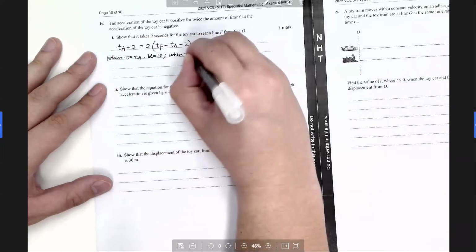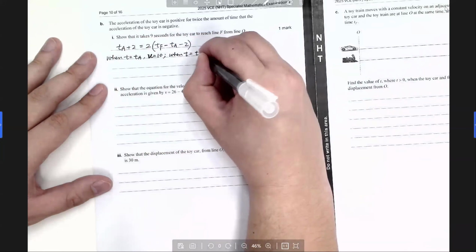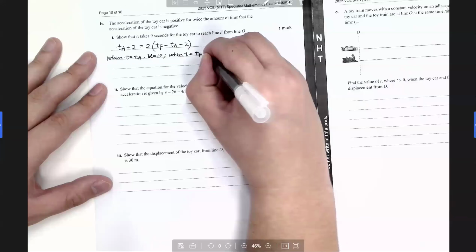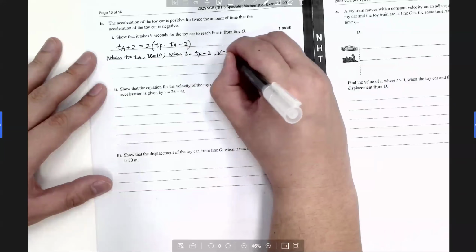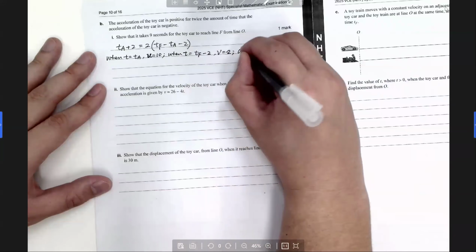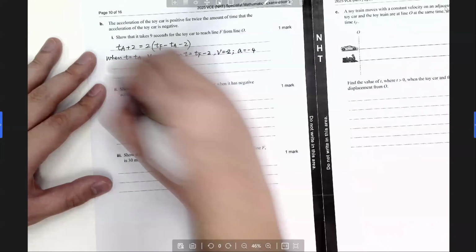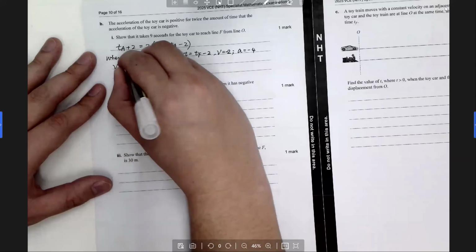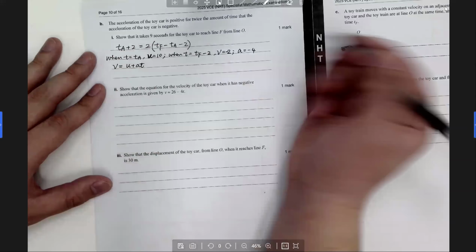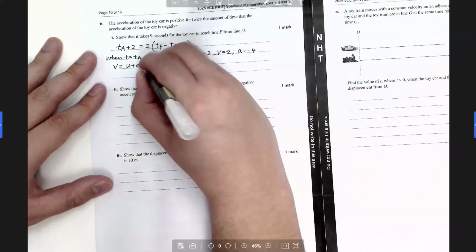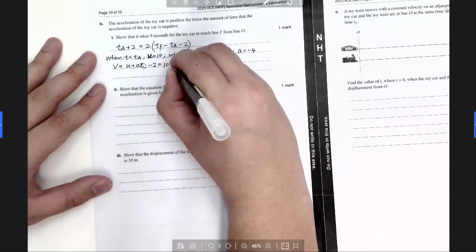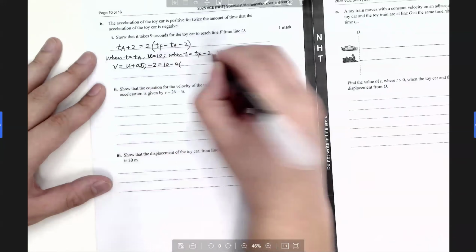When t equals tf, my v equals -2, and the acceleration is -4. So I'm going to use v equals u plus at. Okay, something along this line. And then -2 equals 10 minus 4 times